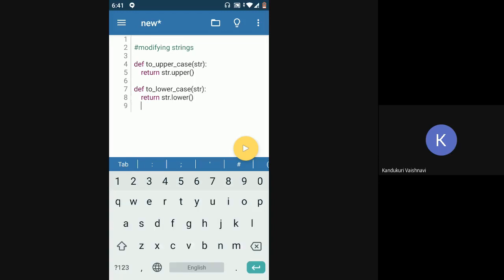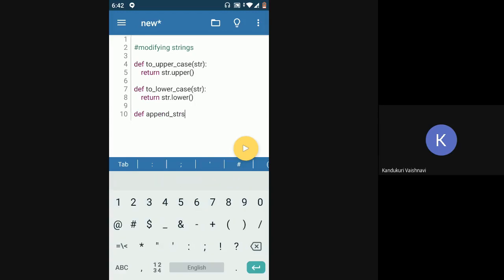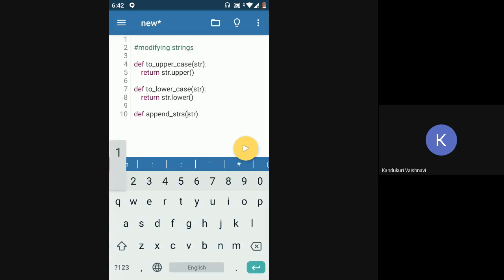Okay. So these are the two string modifiers, and we can add one more, I guess. We can add two strings, so I'll say append function, append_strings. You have to provide the first string and the second string.